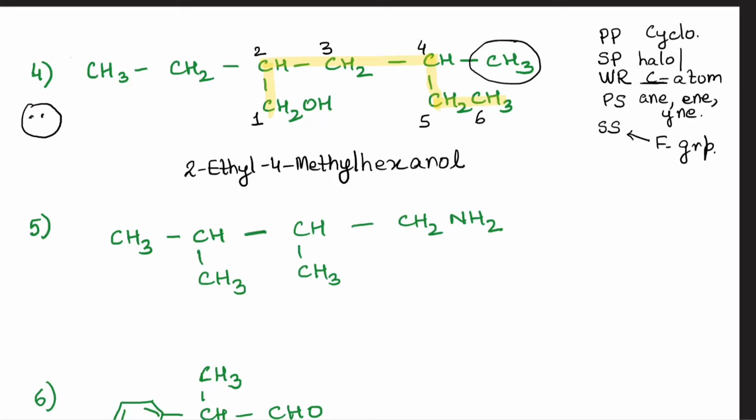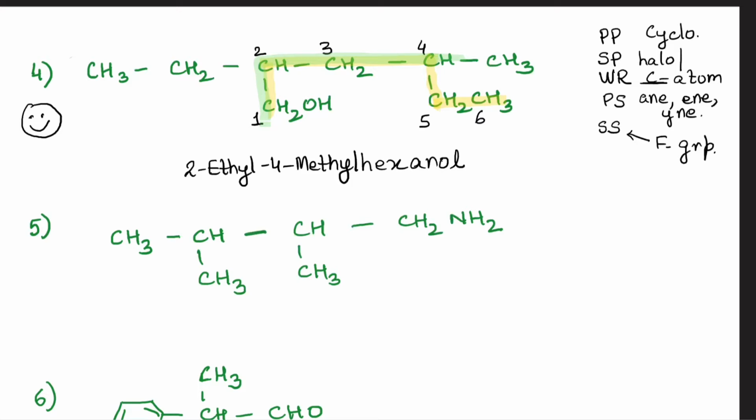So needless to ask, did you get a smiley here? Wonderful. If you made a small error, like, oh no teacher, I took the 5 carbon chain as the main chain. So supposing you took this chain as the main chain by mistake. It's okay. This is not your finals. It's just a preparation. You are still learning. So many times I have made mistakes. And we all should learn from our mistakes rather than feel sorry about them. Right? Okay, let's get going with the next one.